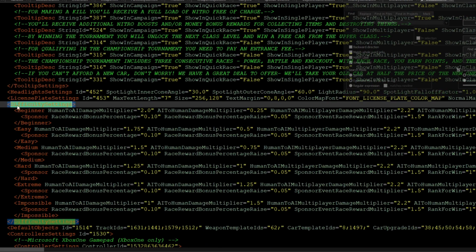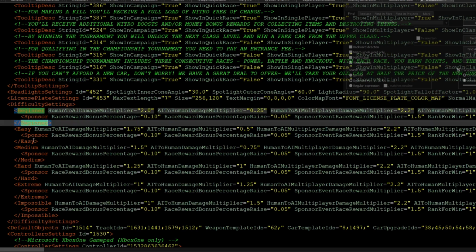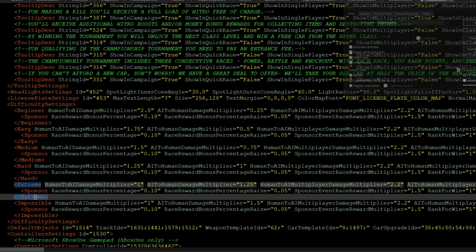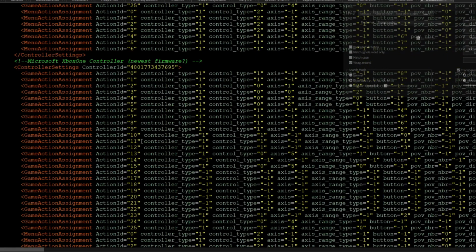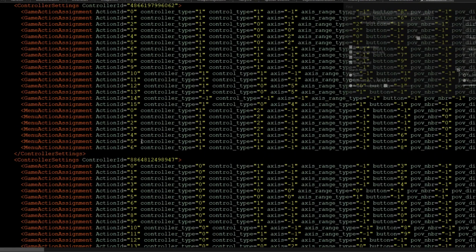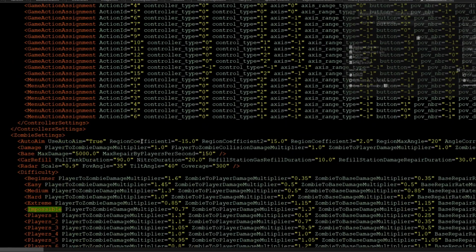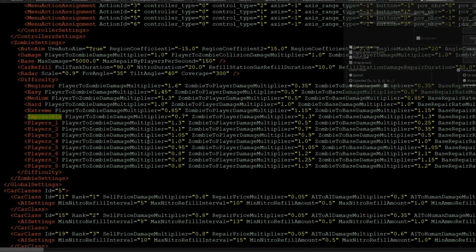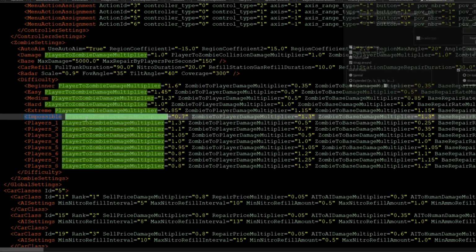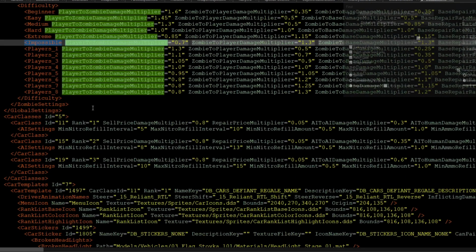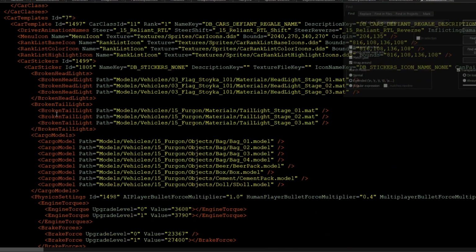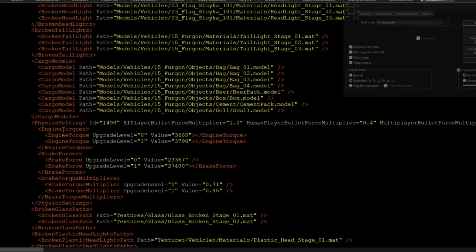Eventually, you'll get to the difficulty settings, which allows you to edit, well, as I just said, the difficulty, for beginner, easy, medium, hard, extreme and impossible. Eventually, we're going to come down here to the actual cars themselves that you can modify, but first we'll see the zombie related stuff. But if you keep on coming down, you will again run into the specific car data,